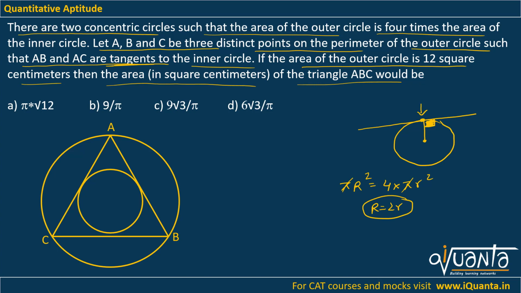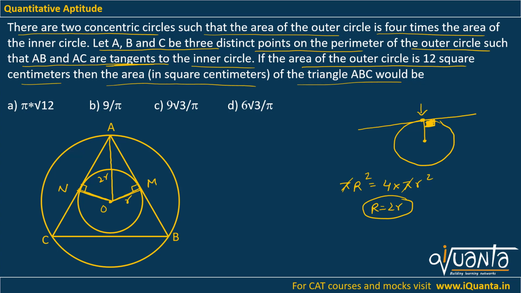Now in all the questions of circle, you should always start from the center itself. So at the center here, if I join this to the point of contact, this will be 90 degrees. Let me call this point M. I can join this too. So this will be point N, again 90 degrees. I can join A and the center as well. Let the center be O. So now I can say that in triangle AOM, I have this as 2r, this as small r.